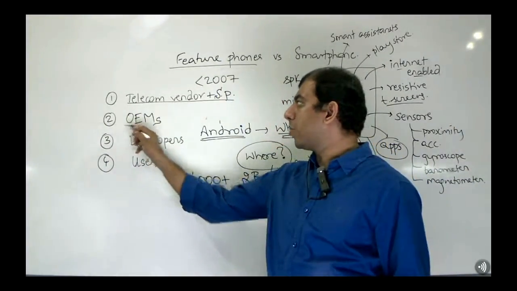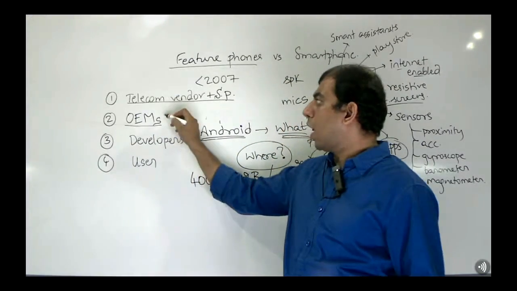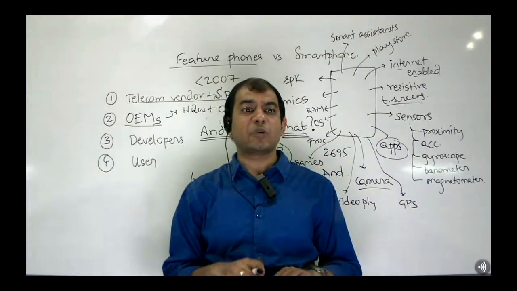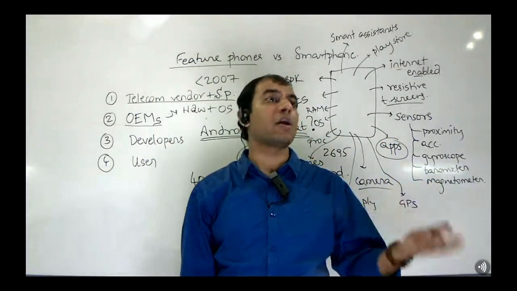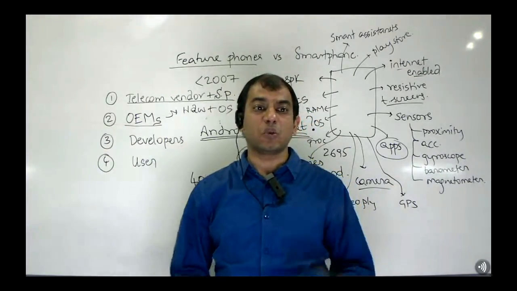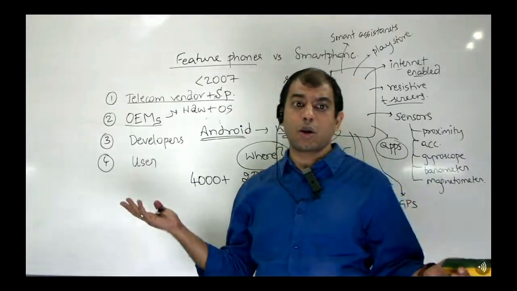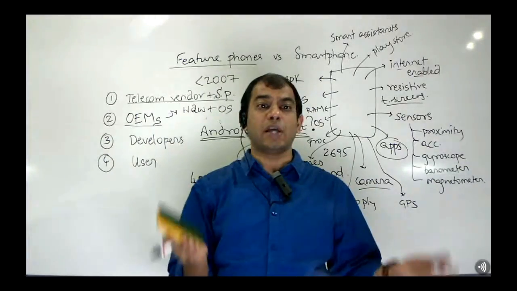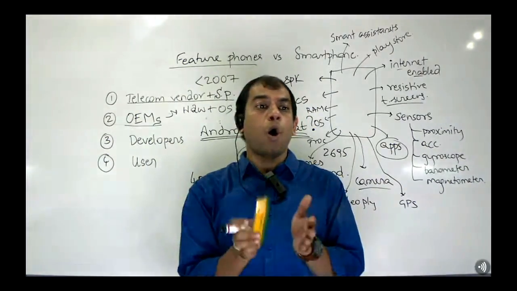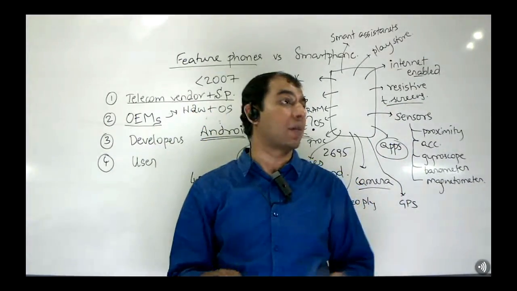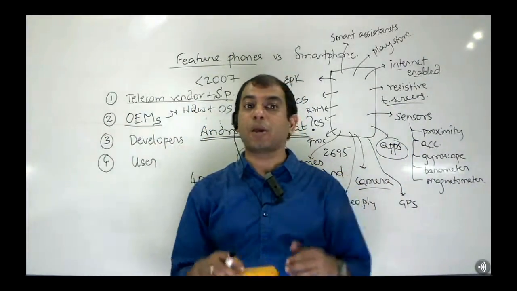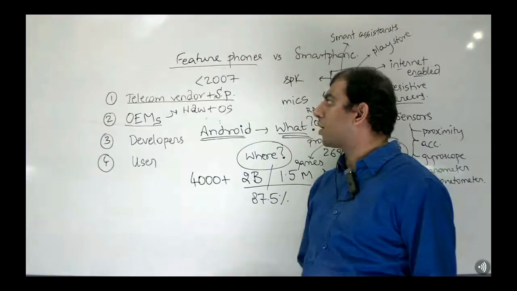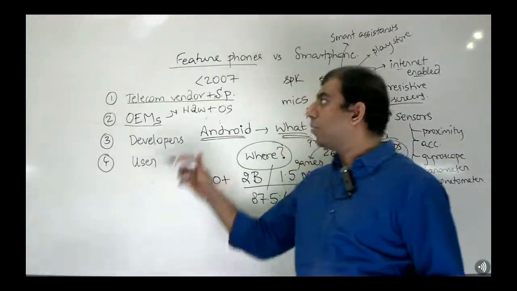Typically, the OEM guys had a problem because not only did they have to make the hardware, they also had to build the OS. And OS building is a very complex affair. It's not very easy to build an OS, which is the reason why when these companies built hardware, they built very good hardware. Nokia built very good hardware, but they could never capably build the OS. Because they had to do two things, what suffered was the OS. That is why all our devices were underpowered in terms of OS capabilities, which is why application development became even more of a chore. And all these OEM guys mixed with your telecom vendors, formed a coterie,